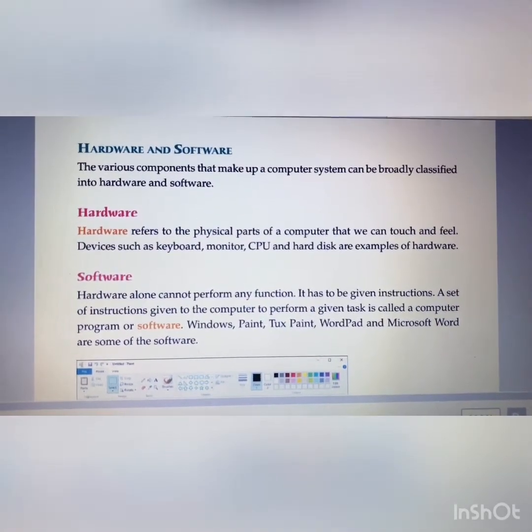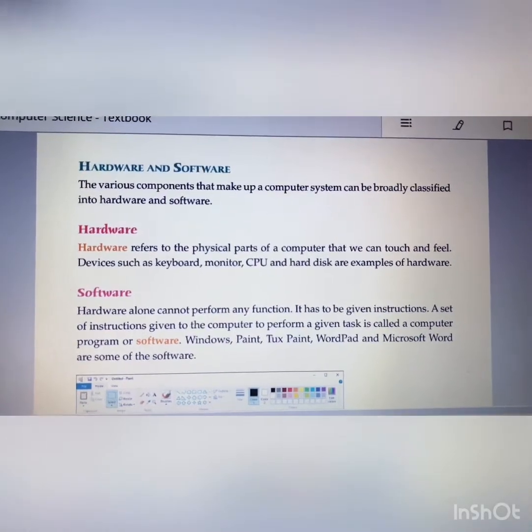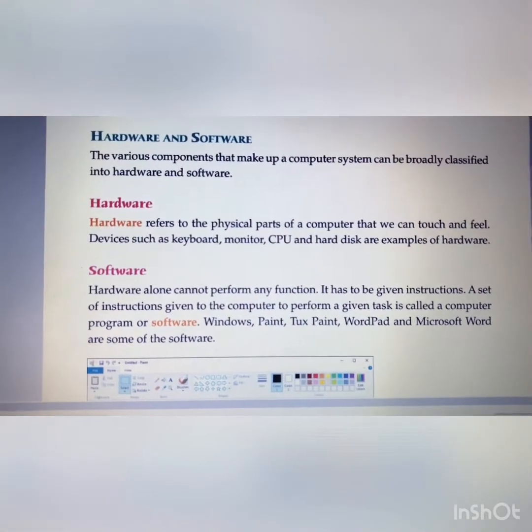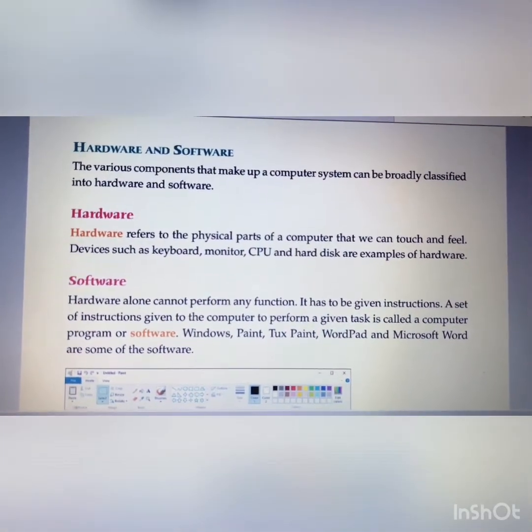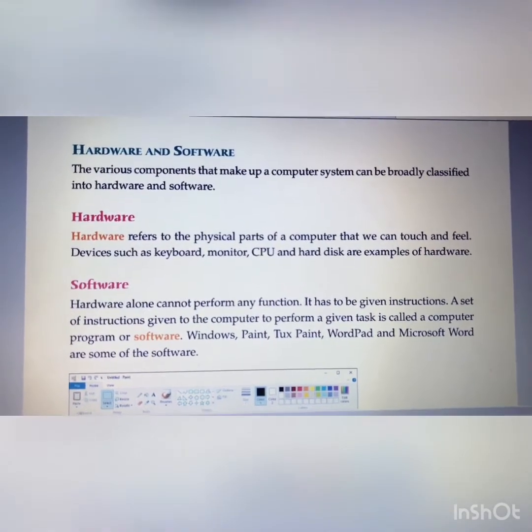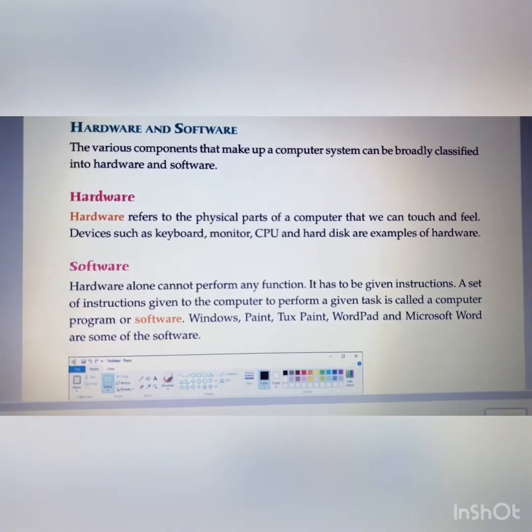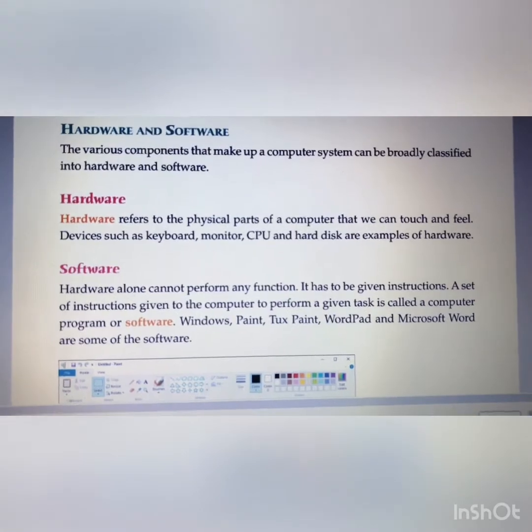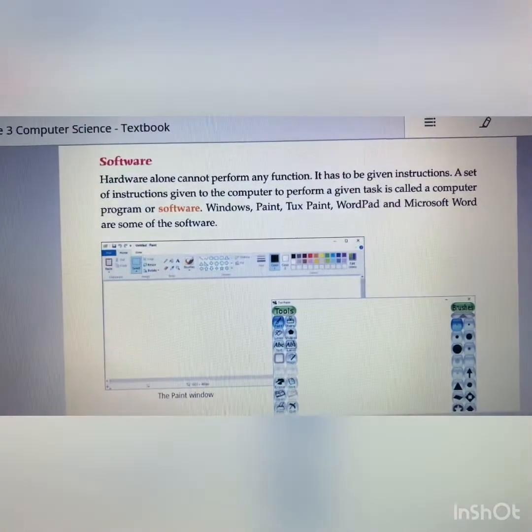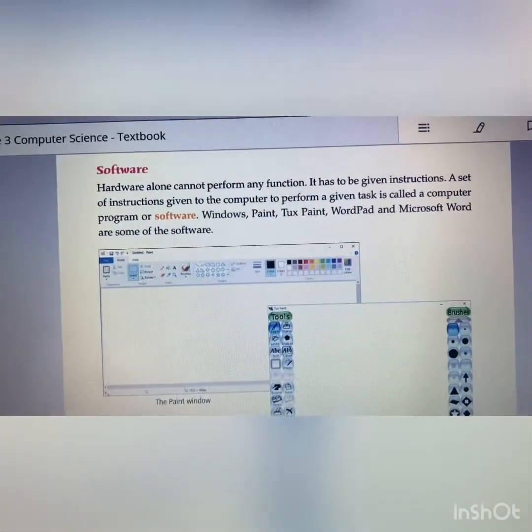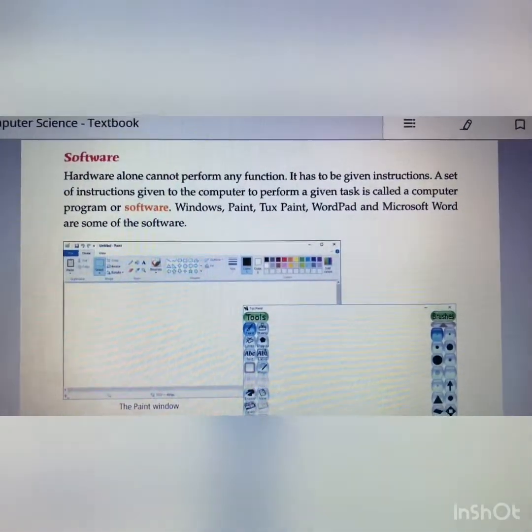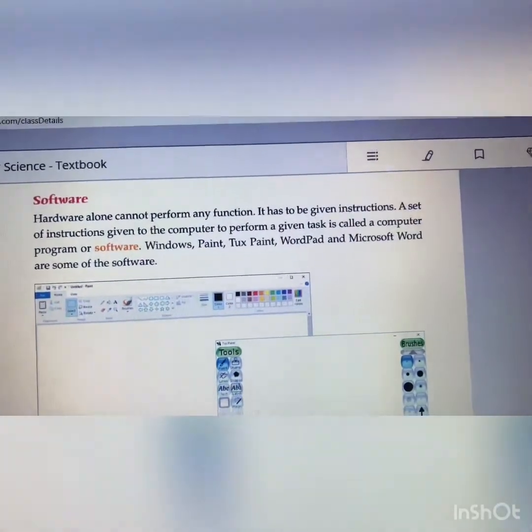After storage devices, we have learned about hardware. Hardware means the parts which we can touch, like keyboard, monitor, CPU, hard disk. But there is something else. Without software the computer does not work. If only the machine is there and no electricity, will the machine work? No. So we need software. Software is the opposite of hardware. Software can perform a task, like the Paint program, WordPad, Microsoft Word. These are software that we cannot touch. We can only feel and use them. Okay?